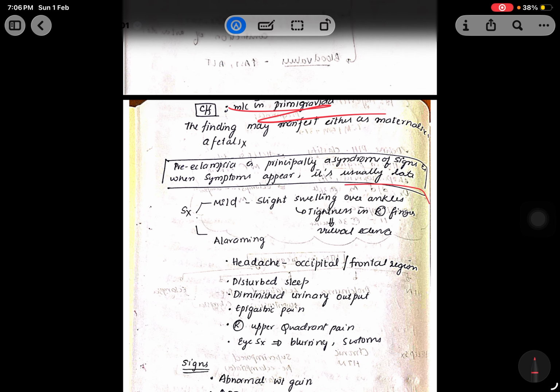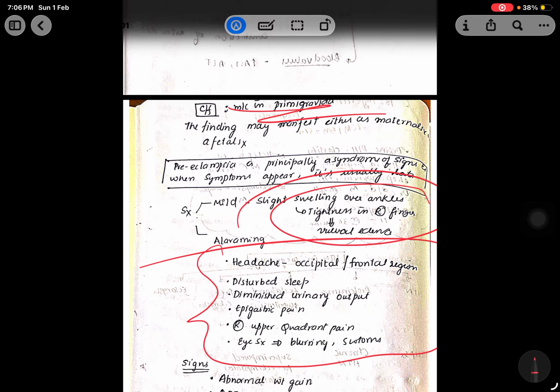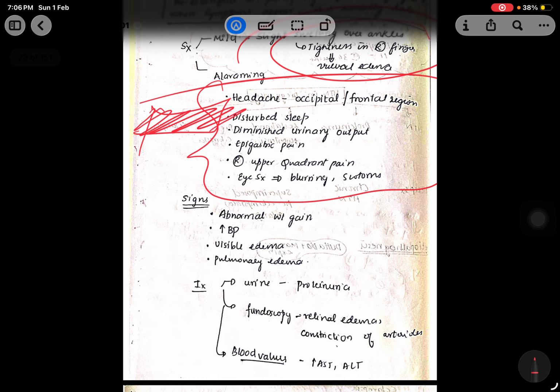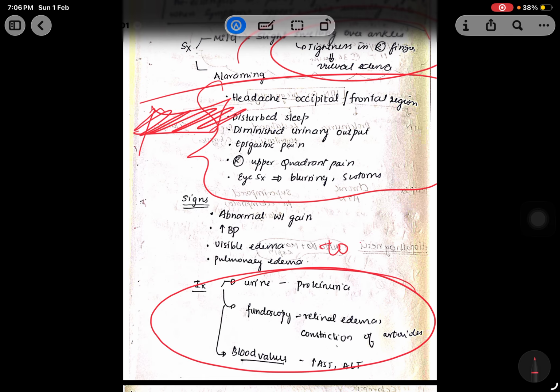These are the initial clinical features which you will get. But whenever the patient complains of headache or disturbed sleep or diminished urine output and epigastric pain, it's a red flag. So you must think about PIH. You have to measure BP as early as possible. Then these are the investigations. What is the main aim of investigation? To screen for PIH, and if it develops,